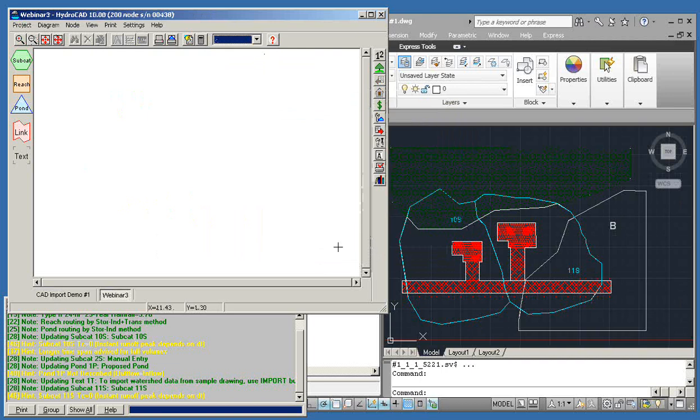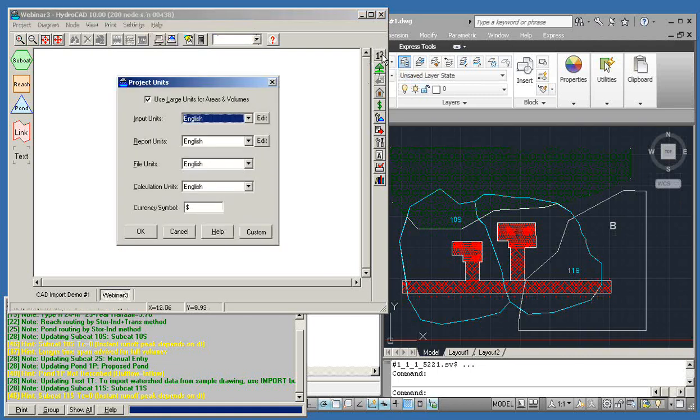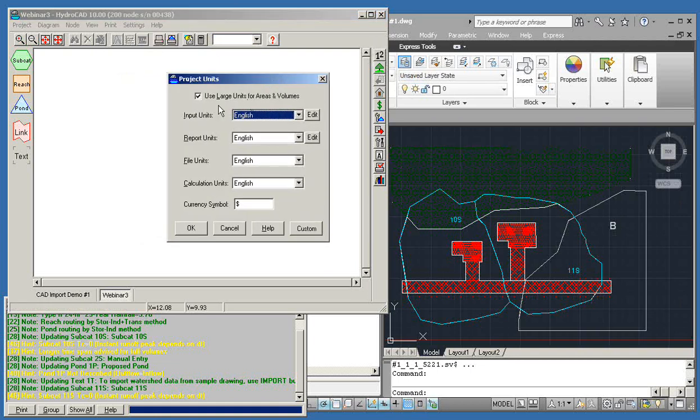So we have a blank screen. And before we go in and configure the watershed, there are two things that you'll find handy to do ahead of time. The first is to go to the Units screen, and you can get there, of course, with Settings Units or the corresponding button on the right-hand toolbar. And at the top of that screen, the box is usually checked to use large units for areas and volumes. What this means is that the project is going to report areas in acres as opposed to square feet if we were working in English, or if we had switched to metric, then it would be reporting in hectares